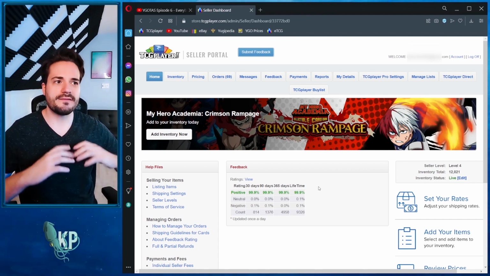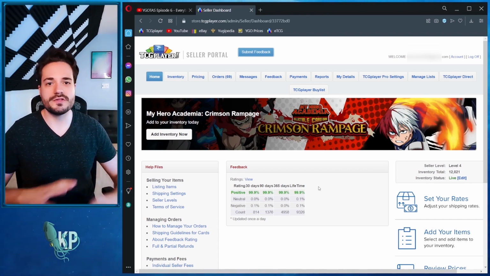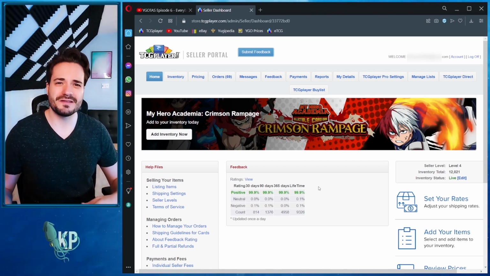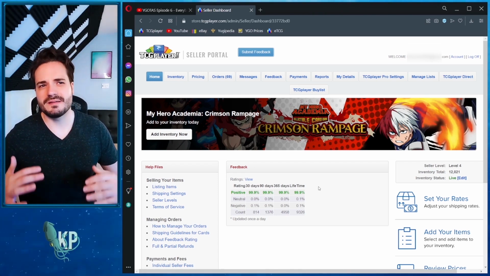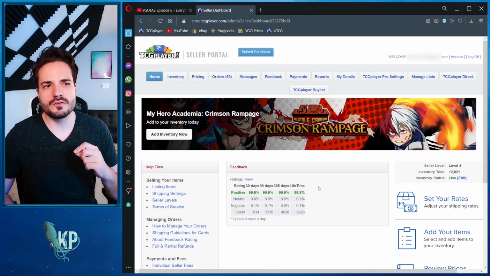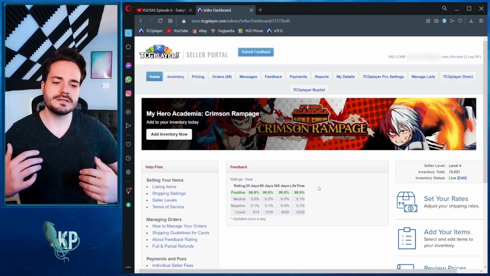Unlike eBay, you can have as many cards and items listed as you want with no charge at all. And the fee structure is very similar to that of eBay's. It actually might be a little bit cheaper too. Maybe, I feel like eBay's hovering around that 12%. I think TCGPlayer is about 10%. So the main thing that you want to do is hit that level,